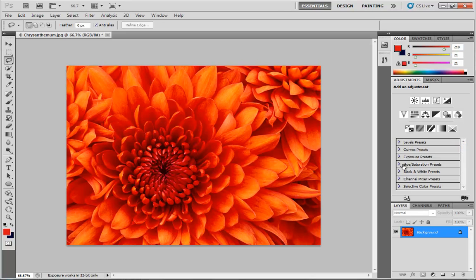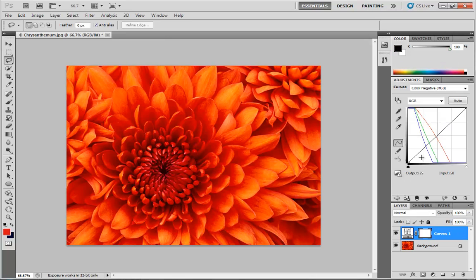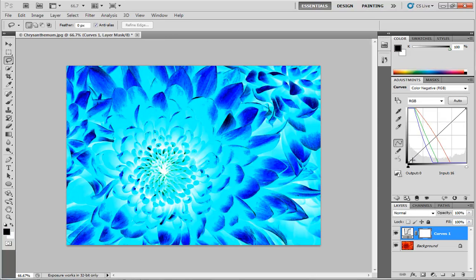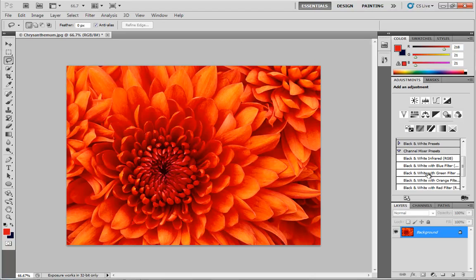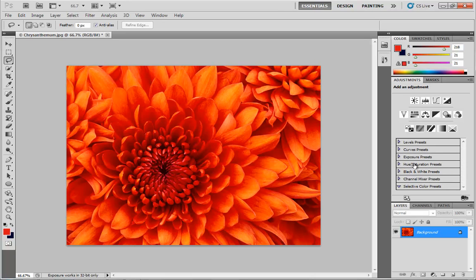So for example, I could go under the, not the exposure presets. Let's see, how about, let's find one that I really want to use. Curves has one. We can use a color negative preset, and that automatically drops down the result of a negative color. Now, these are not special adjustments in their own right. As a matter of fact, really, all these are just the adjustments themselves with some settings that have been pre-configured,